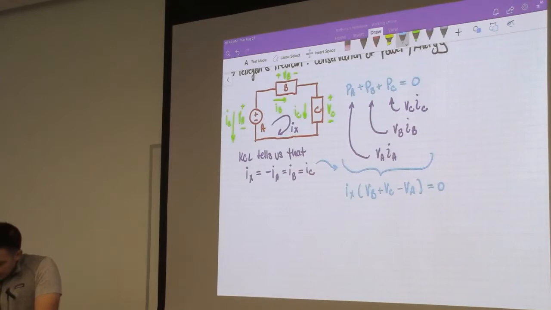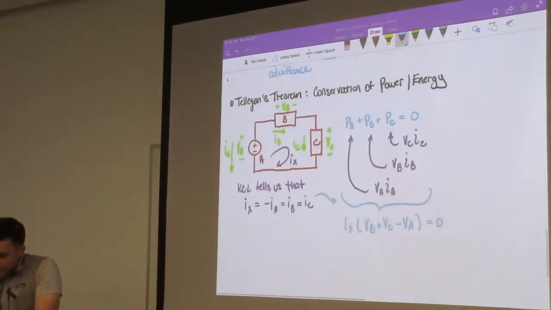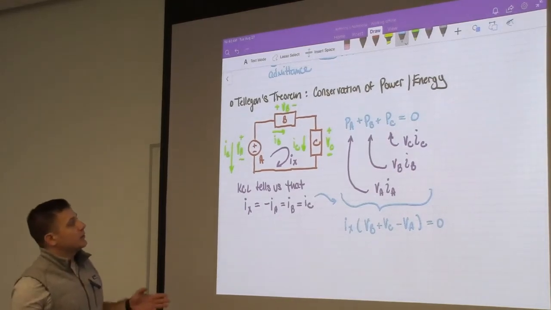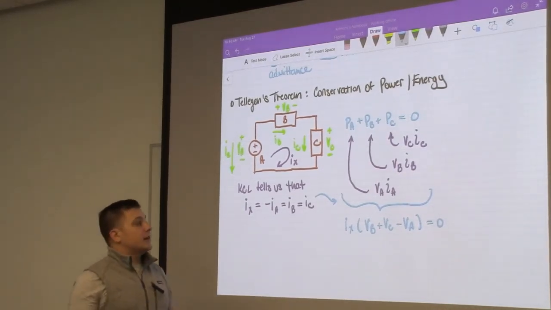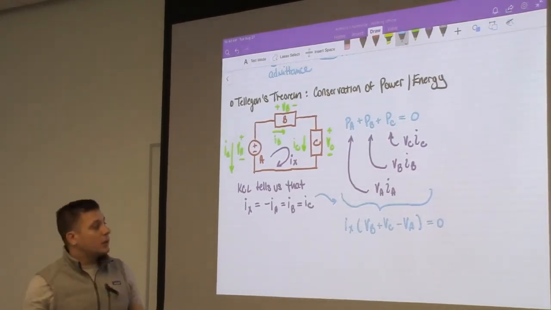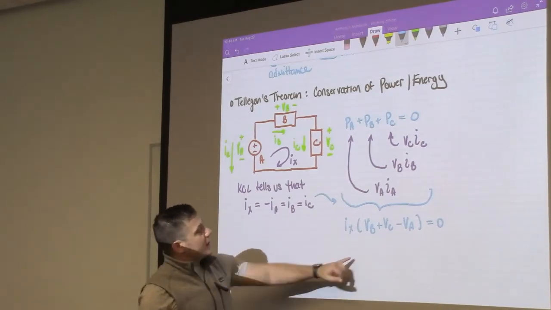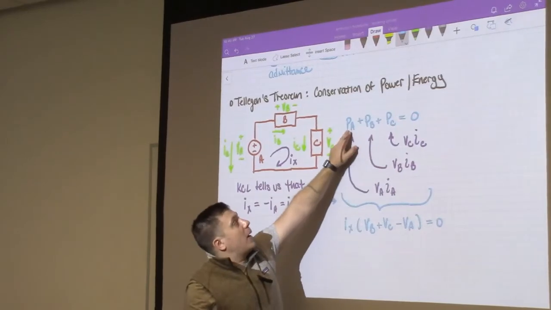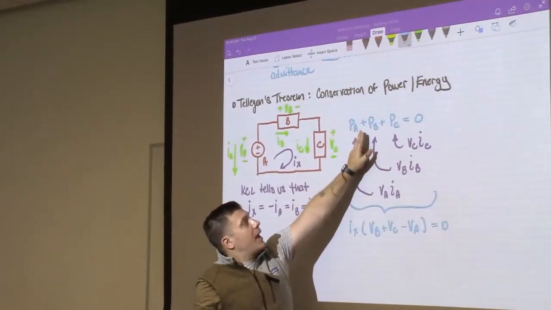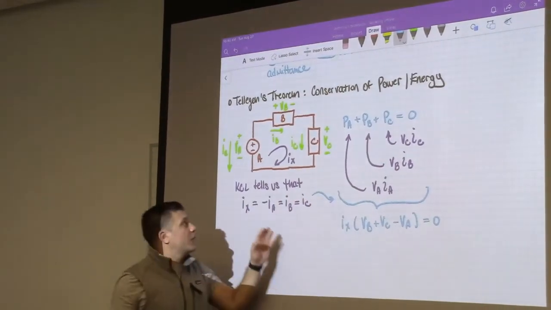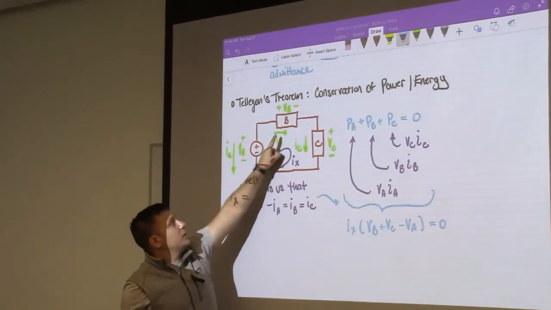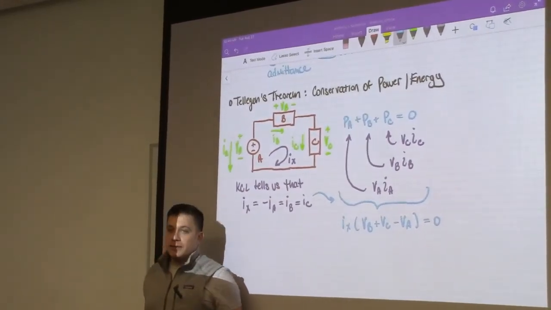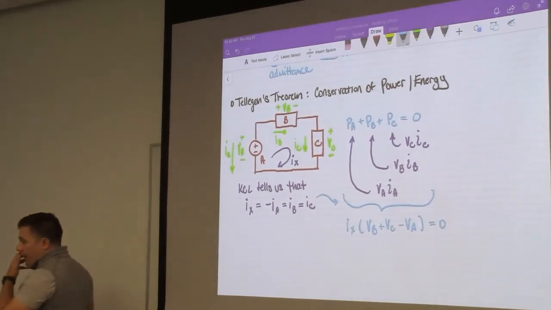And then, right, you could actually just cross out Ix. So Tellegen's theorem, conservation of energy, conservation of power, tells us that the powers have to be equal. And you'll see here the negative sign makes sense because you'll have power coming into the system here and it'll be drawn out here and here. So if you have 3 watts coming in, you'll have 2 watts lost here, you'll have 1 watt lost there, and it all evens out to 0. Okay, now,